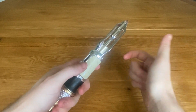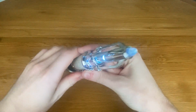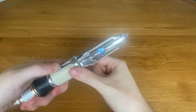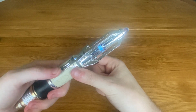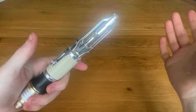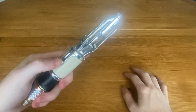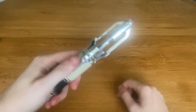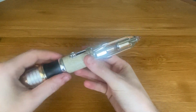So I've already given you a sneak preview of the sounds. So if you just press the button here, you can see it lights up blue. And there's a variety of sound effects depending on how many times you press the button. This is very similar to the other Sonics that we've had. I think nearly every Sonic has had this feature. So there's not a great deal of different sound effects, but the variety of sound effects come with a very